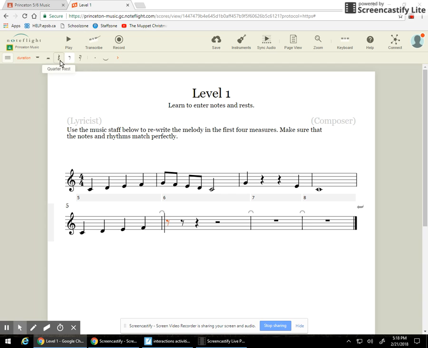Now, right now it's rests because there are no notes. It's rests until I start to enter notes. So I'm going to click my 8th rest, but I'm going to change it into a note. G, and I'm just walking back down. F, E, D,